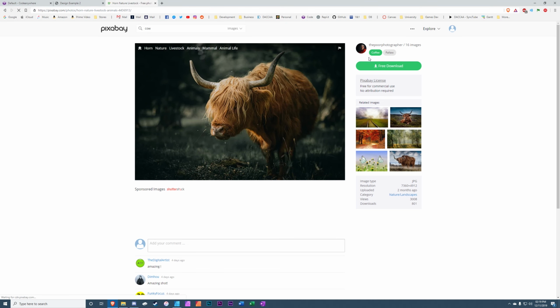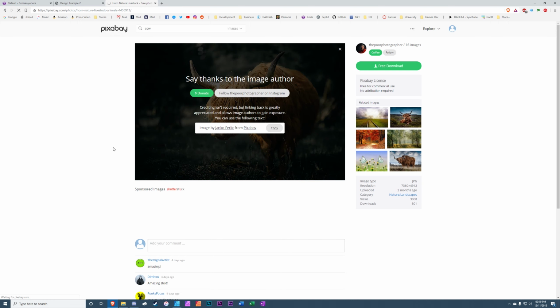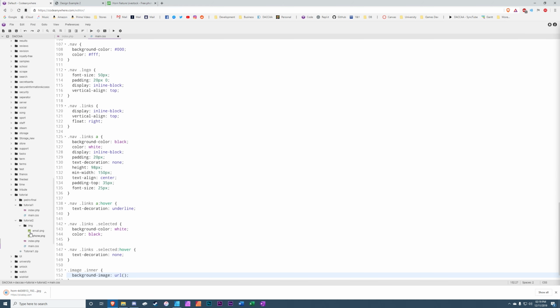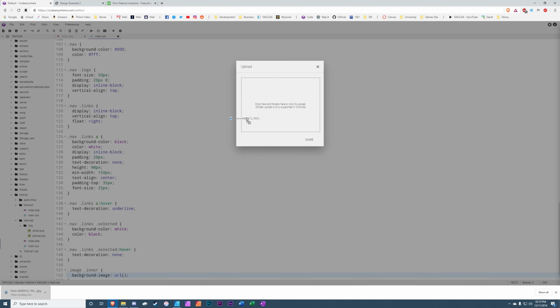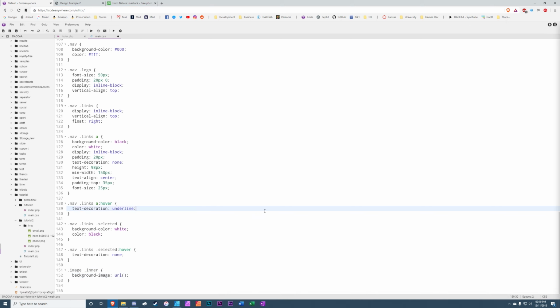So if we give it a download, now you've got to be careful with sizes because you want it to load fast, but you also want it to be a good resolution. I'm going to stick to that size. It's up to you what you do. And then we can upload it to the server, and I'm just going to rename it to something more simple. I assume it's a JPEG. Yep, I'm just going to call it cow.jpg. And then in here we can specify image cow.jpg,